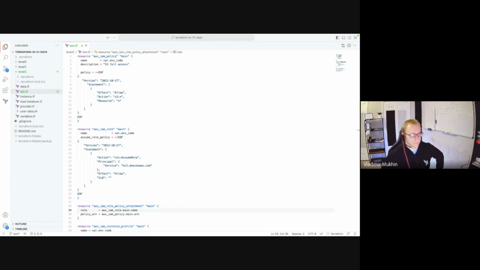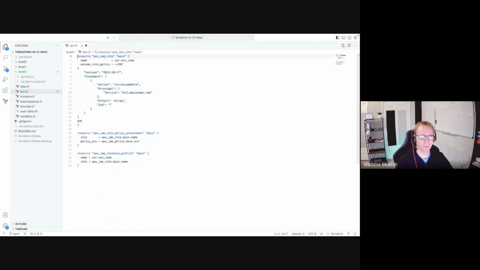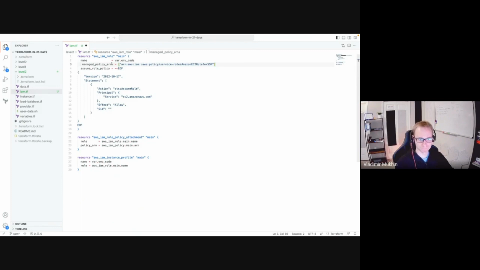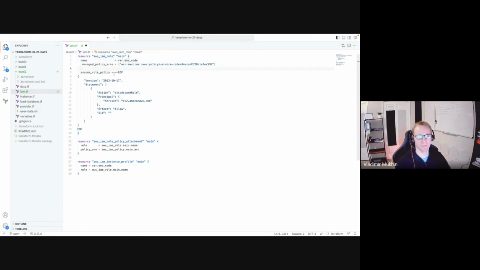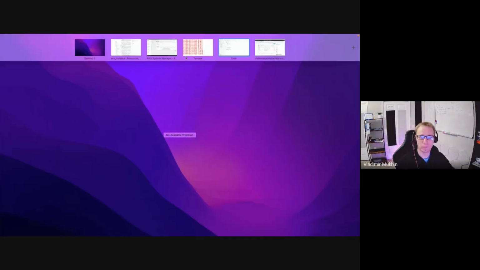Okay, I'm here again. So we don't need S3. We are not using S3 in our project, in our auto scaling group. We'll keep this and the rest of it, and we'll attach this line to our IAM role. And let me explain what it does. In AWS, if you go to IAM,